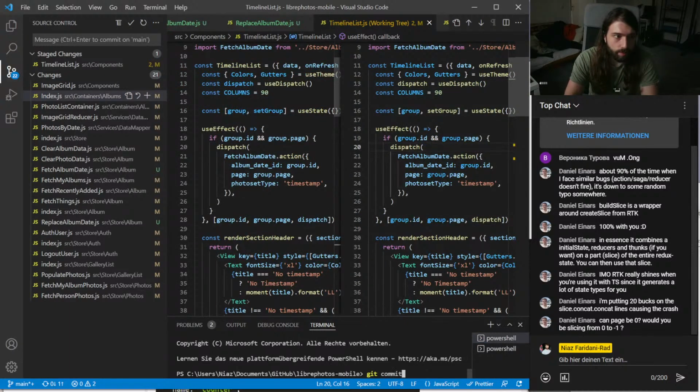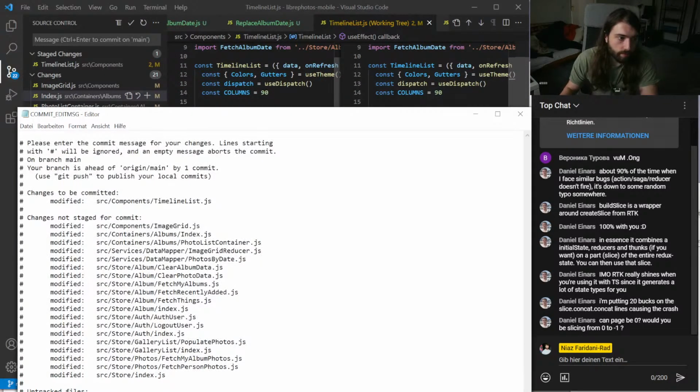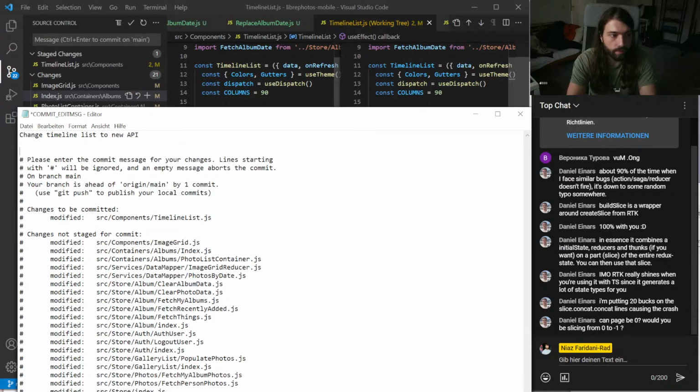Git commit. Fetch visible days. Change timeline list to new API. Fetch only visible days.